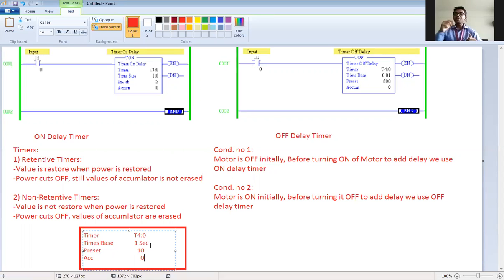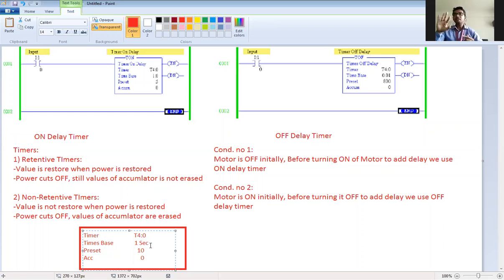Like in a microcontroller, the increment period is fixed at 1.085 microsecond. One increment is fixed at 1 microsecond, so if the timer incremented by one, the delay would be 1.085 microsecond. But here the time base is 1 second, meaning whenever the timer's accumulator increments by one, the delay will be 1 second. It can be 1 second, 0.1 second or 0.01 second.